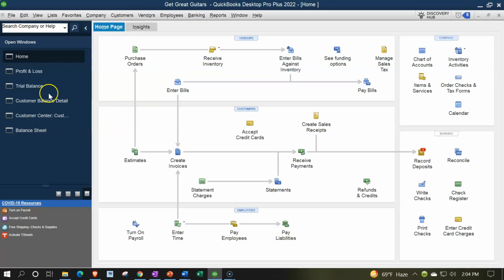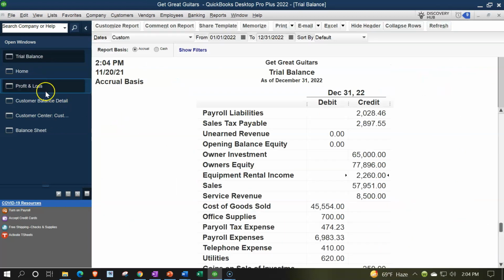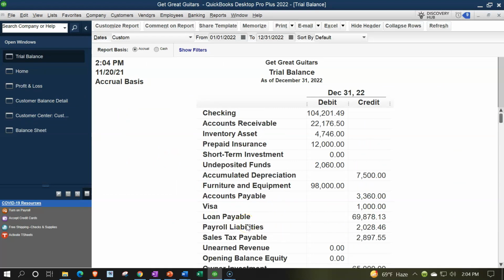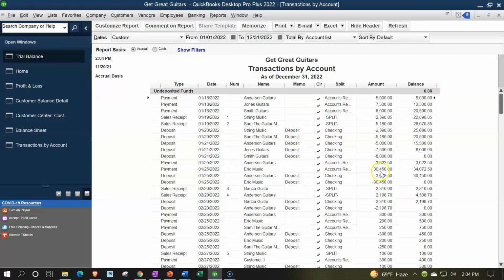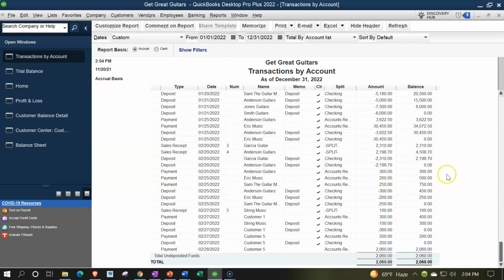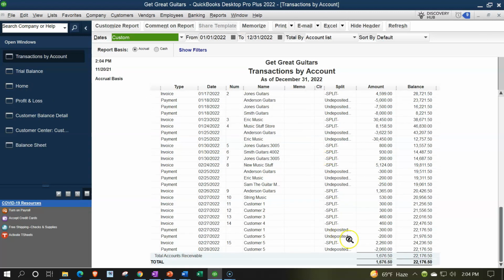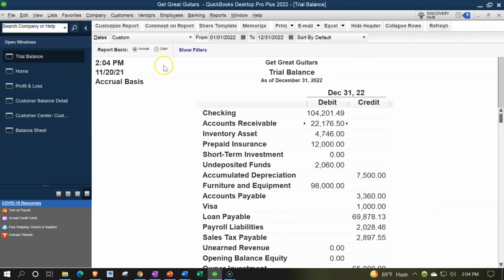Check it out by going to the trial balance. So now we see the undeposited funds. If we go back up to the undeposited funds, the 2,060 has been increased. The detail, same trend. It's a clearing account. It goes up and then goes back to 0. Other side, then going to the accounts receivable, double clicking on it. We see then this transaction of the 2,060 for the payment,